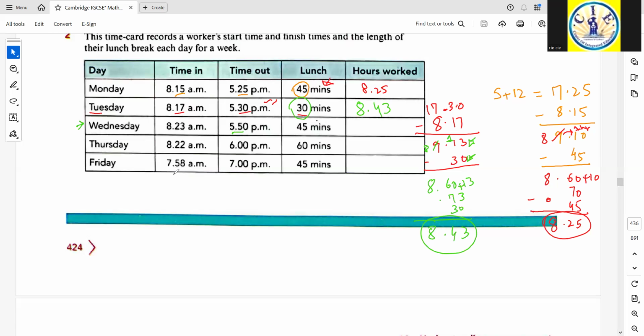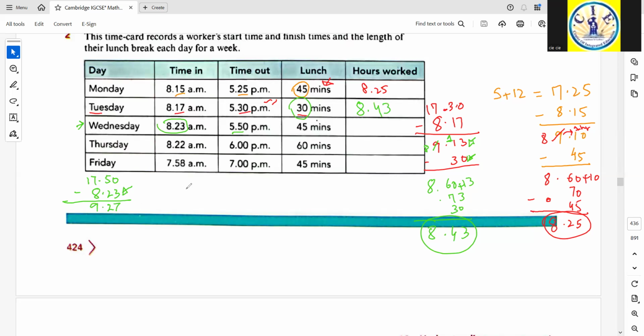the time out is 5:50. So I need to add 12 to it. So that will give me 17:50. And then I need to subtract 8:23, the starting time. From this, we can now subtract 23 from 50. That is 27,